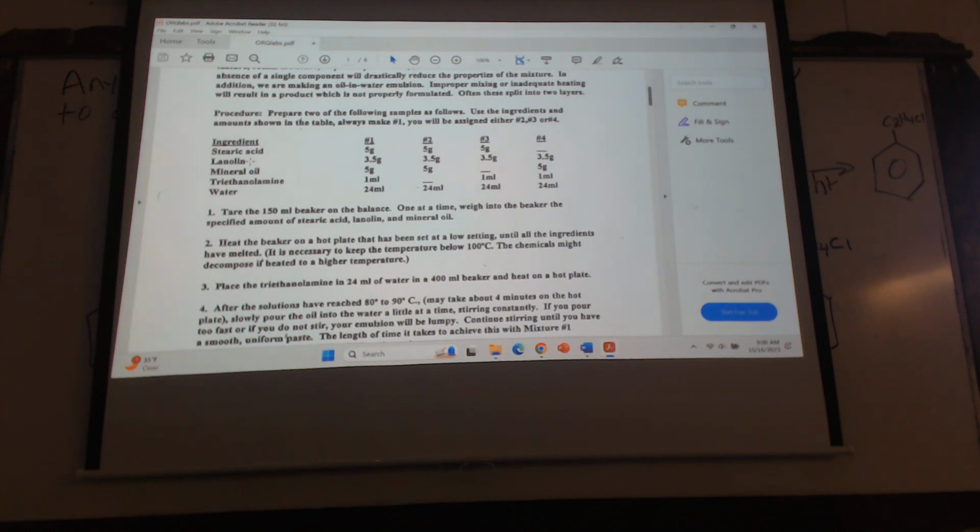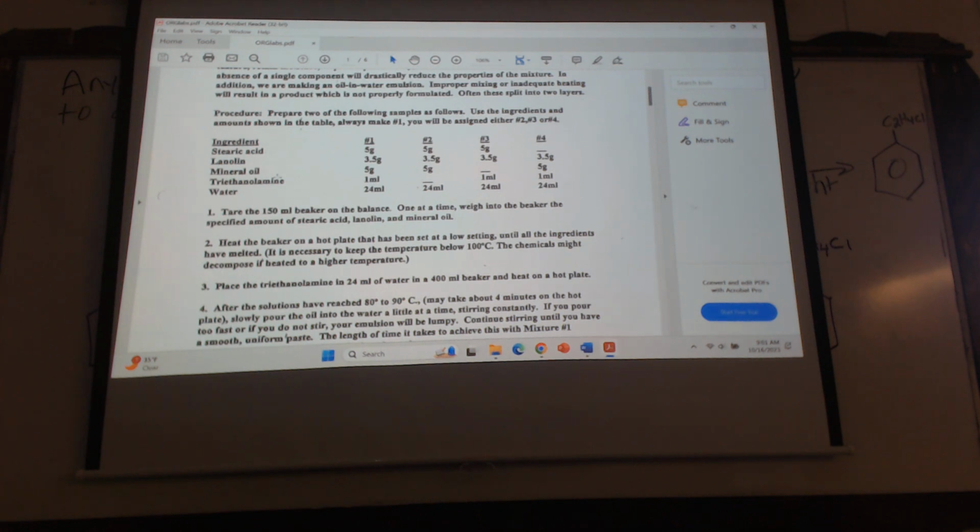And you have to measure that out. And we want to do 7 grams. Remember, we want to double each and every one of these. So it's 10 grams of stearic acid, 10 grams. Okay, try again. 10 grams of stearic acid, 7 grams of lanolin, okay, 10 grams of mineral oil, and then 2 milliliters of